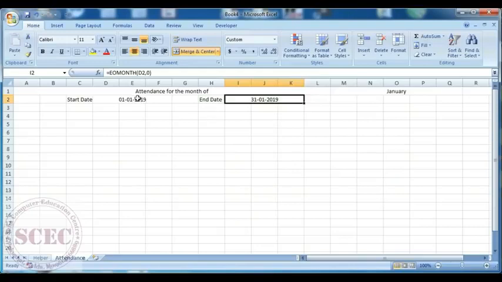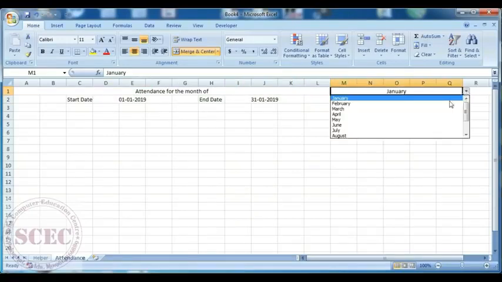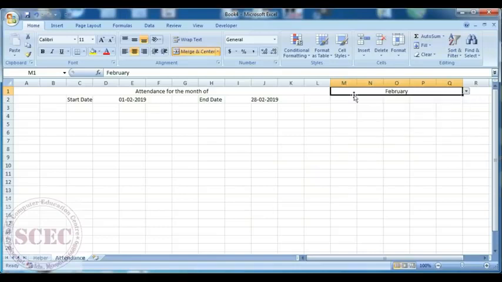So we have got the first date and the last date. When we change the month, see, it changed automatically. We selected February, now it's 1st February 2019 to 28th February 2019. When you select March, see 1st March 2019 to 31st March 2019.